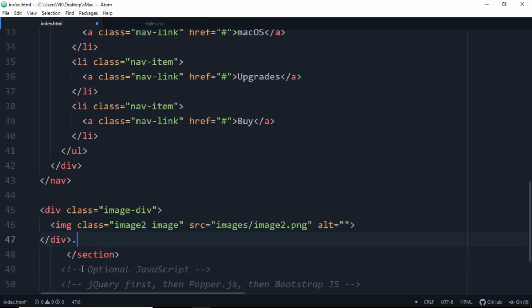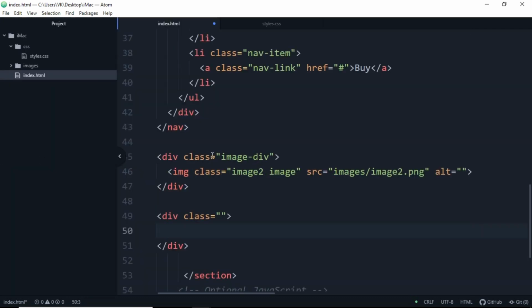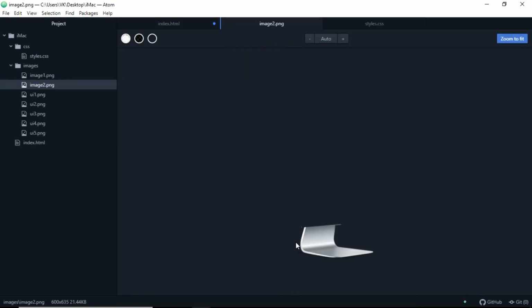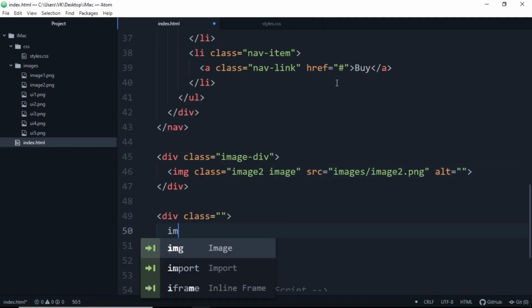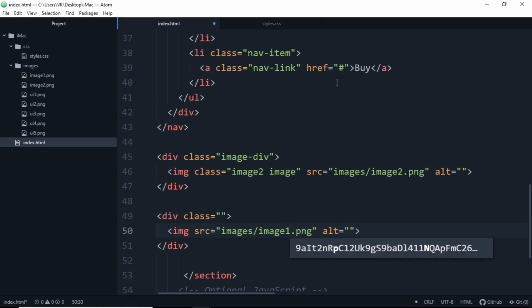So let's make a new div with a class. We won't add a class to it. So let me show you this image here. This is the stand of our iMac. Add an image which has source images/image1.png, which is the screen of our iMac basically, and